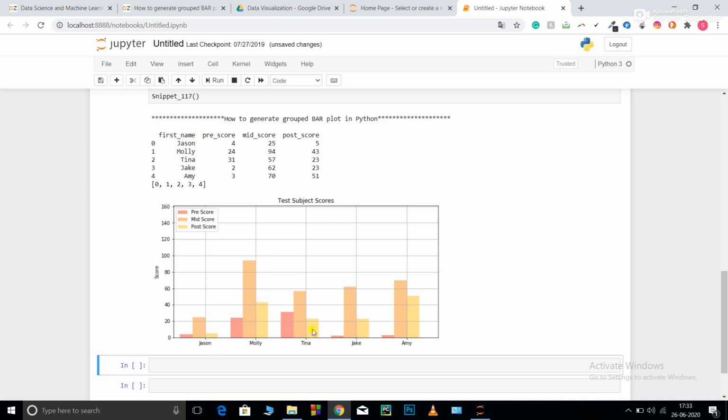Now let's consider the example of Tina. Tina has a pre-test score of 31, mid score of 57, and post-test score of 43. So you can see how we can analyze different categories for a single name, such as Molly or Tina, in the same bar plot.